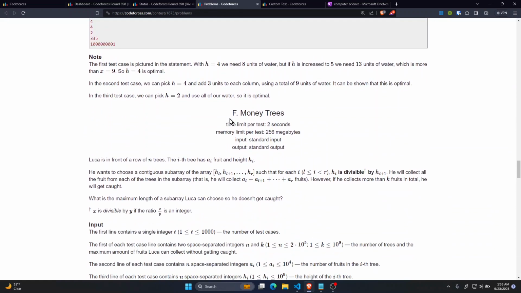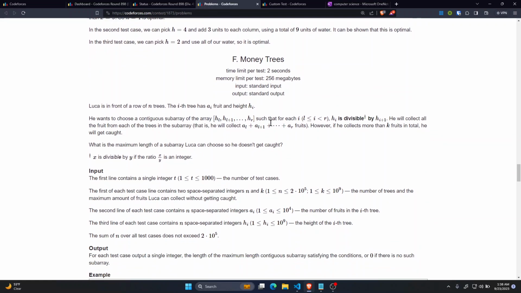Okay. And problem F is money trees. This is where I think it gets